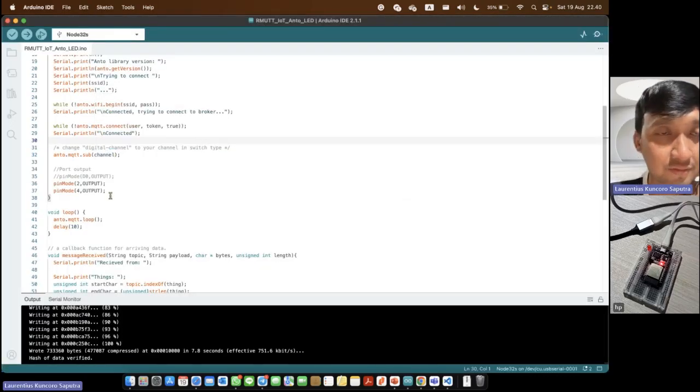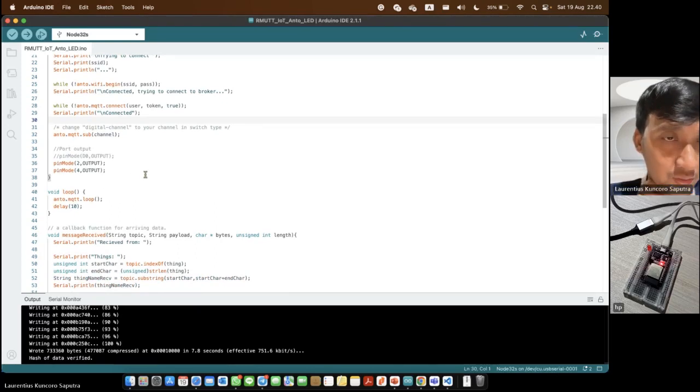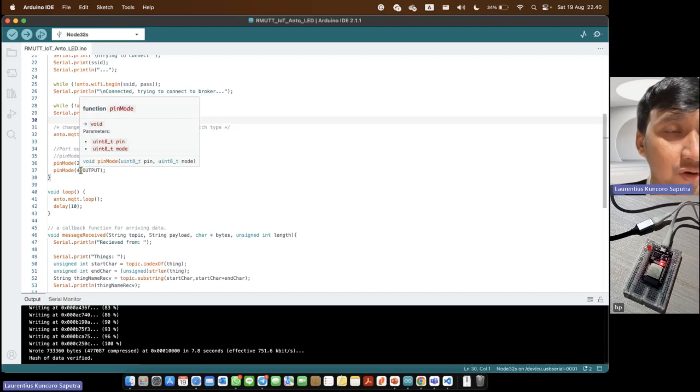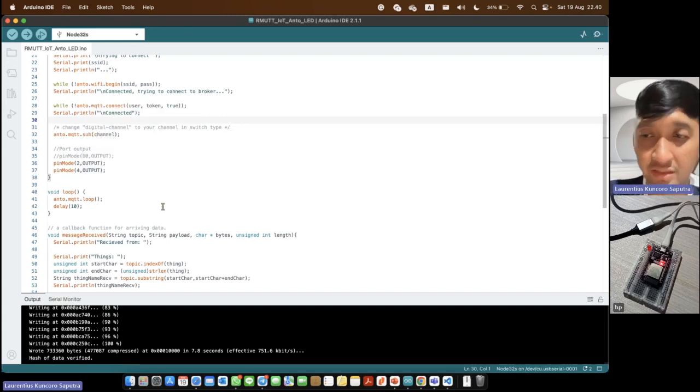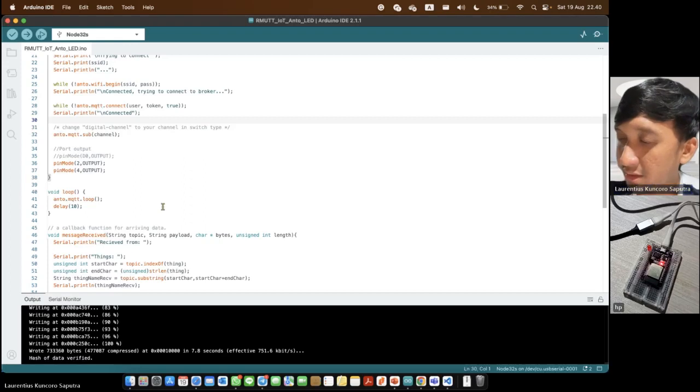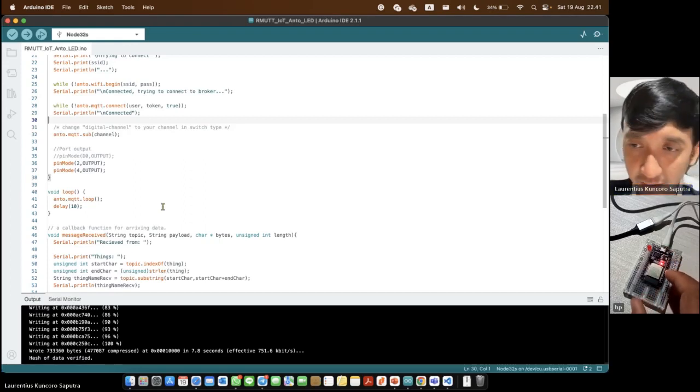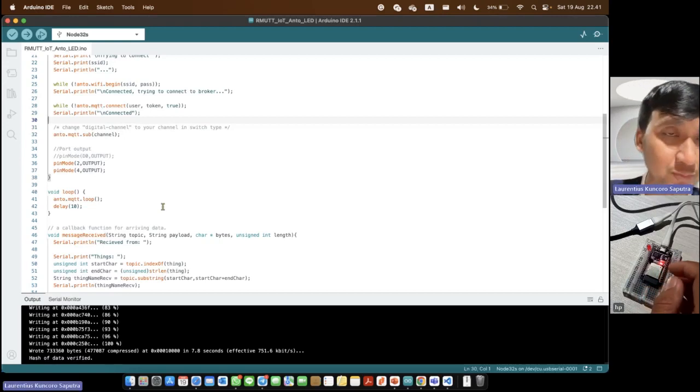Also for the LEDs that we will control, I use 2 LEDs connected with GPIO2 as an output and GPIO4 as an output. You can see in my ESP32 board, it has a built-in LED, so we can control that LED.